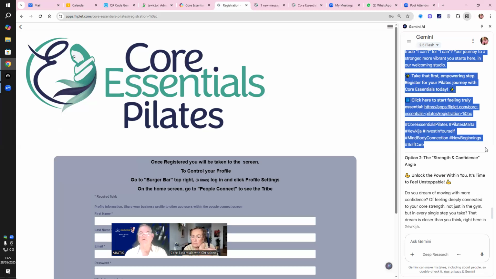So inside your app, you've got a free area where everybody sees, and you've got a members area. Okay, so when we put in there a link to this sign up page, that means that only people who signed up can see it. Yeah, so just to show you what happens on the app,